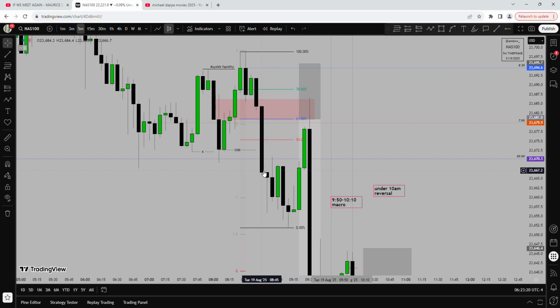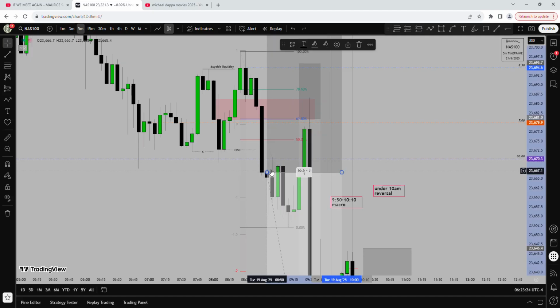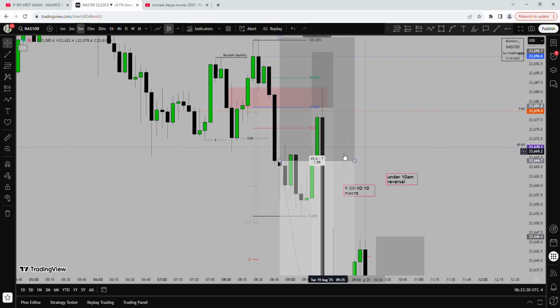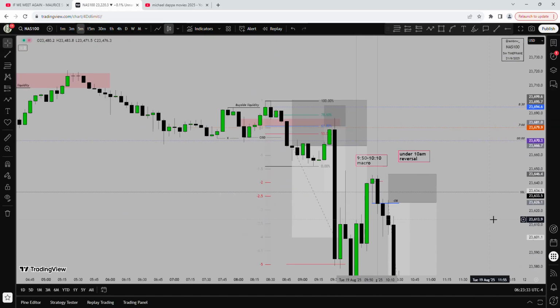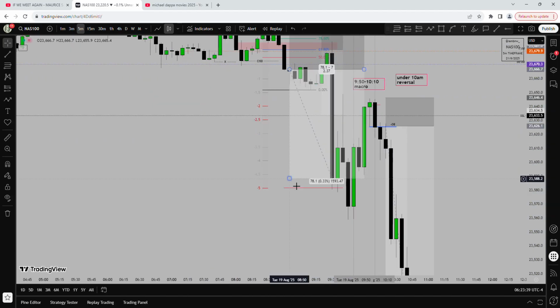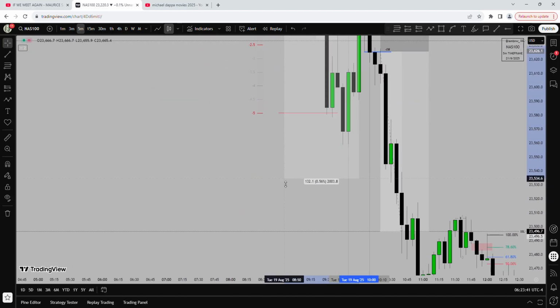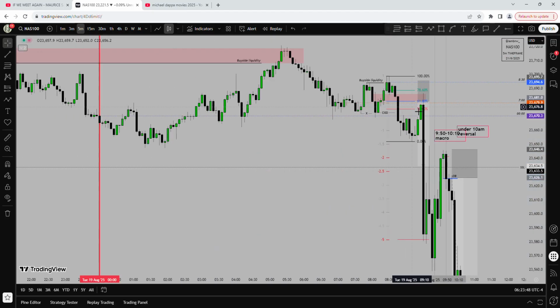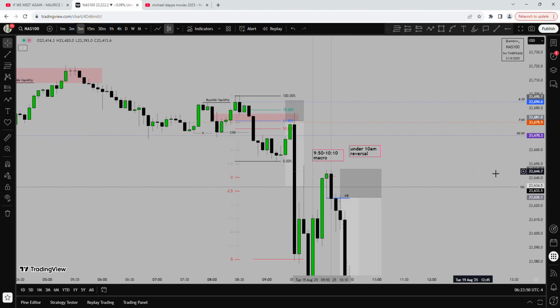I didn't want to take myself off of this because of course I'll be losing out on risk to reward. It's so poor. Imagine I had taken a trade from that zone, and then my target is here. It's barely a one-to-one, except I extend it to my overall target, which would then make it a 1-to-5. So I didn't want to do that, so I just marked out the whole range